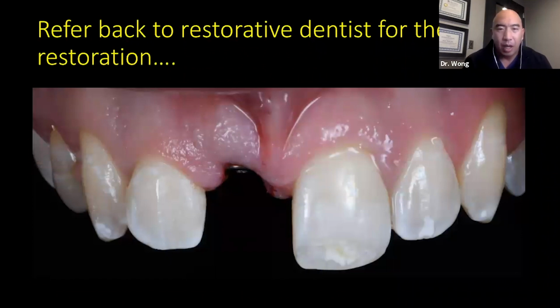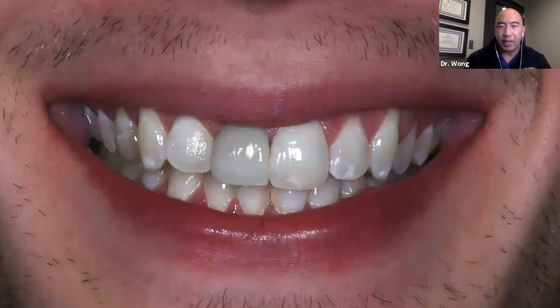Now we're off referring him back to the restorative dentist for the final restoration. Now here's the problem. This is where I usually lose all my cases. I don't have a whole lot of finished cases out there documented because this is usually where I don't see the patient anymore. So the patient goes away and he comes back and he calls me up and he says,